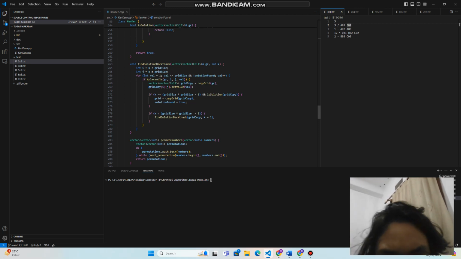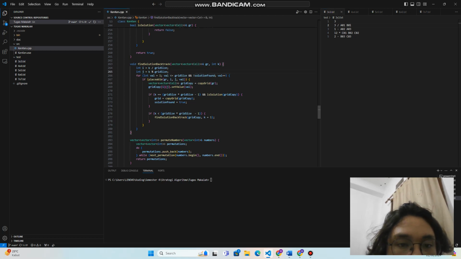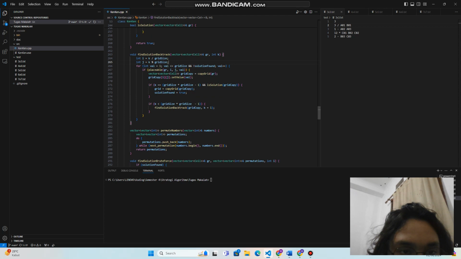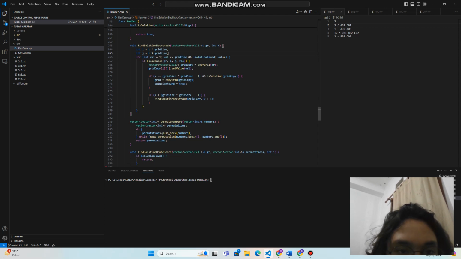So this k number indicates the index of the cell that we're going to set a value of, and then from this k function, it's going to be translated into an i and j integer, which respectively represents the row and column that we're going to set a value in. And then this backtrack function is going to iterate over all possible values for a cell, which is going to be 1 to the grid size. For example, if the grid size is 5, then it's going to be going over 1 to 5,